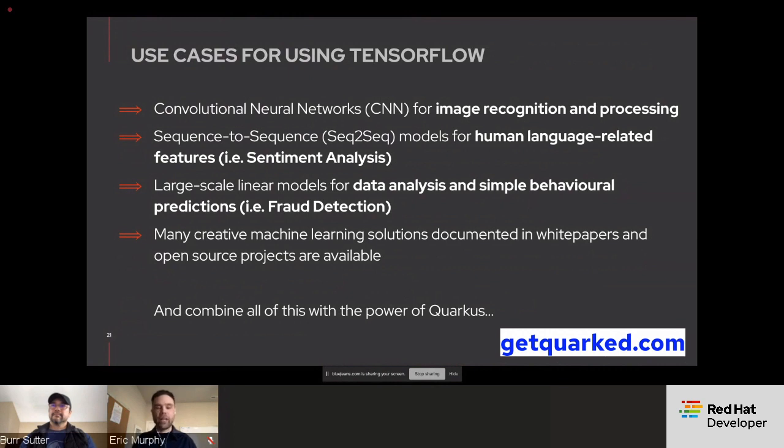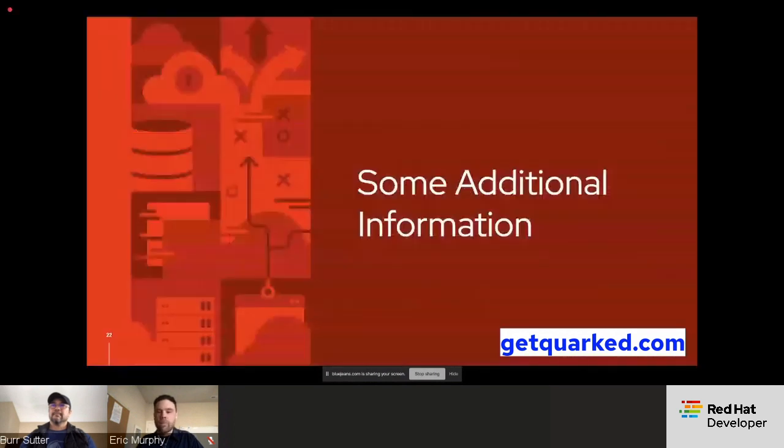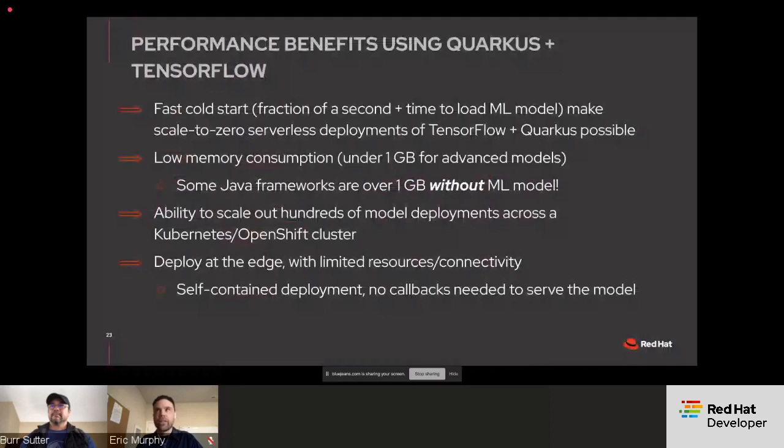And there's so many creative machine learning solutions that are documented in white papers and open source projects. And so there's no need to start from scratch with any of this. There's a huge community. And then you can combine all this with the power of Quarkus. It's really compelling. So some additional information that I have for you is some of the performance benefits around using